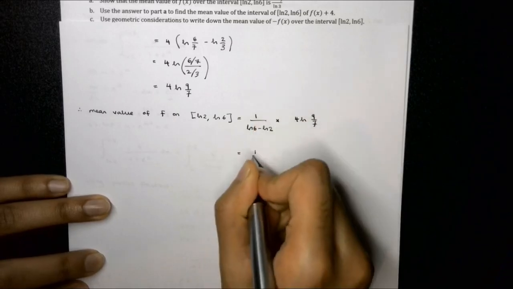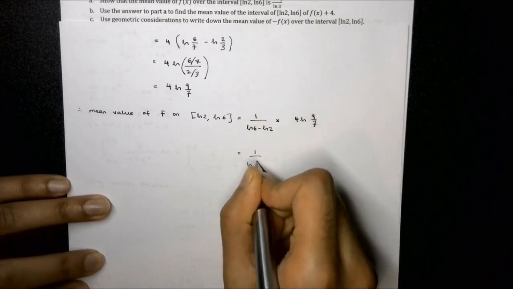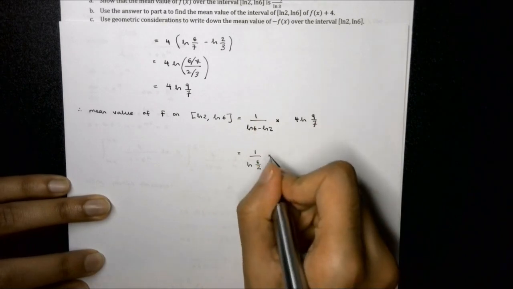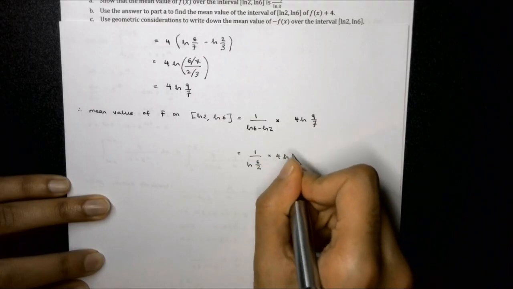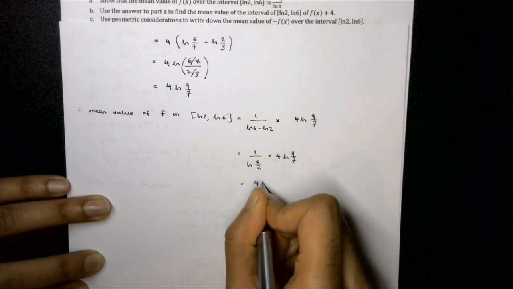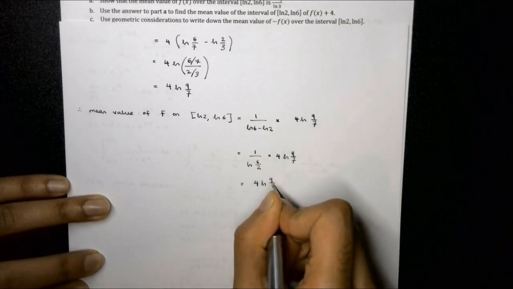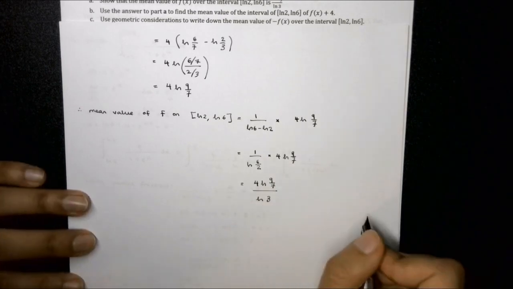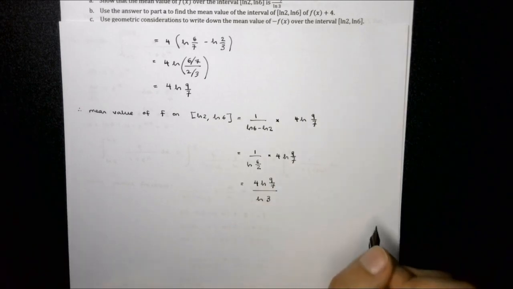So here we've got 1 over natural log of 6 over 2, so I'm just combining the logs. And then we multiply this by 4 times the natural log of 9 over 7. So here we've got 4 times the natural log of 9 over 7 over natural log of 3. And that's exactly what we wanted to show. For the question,